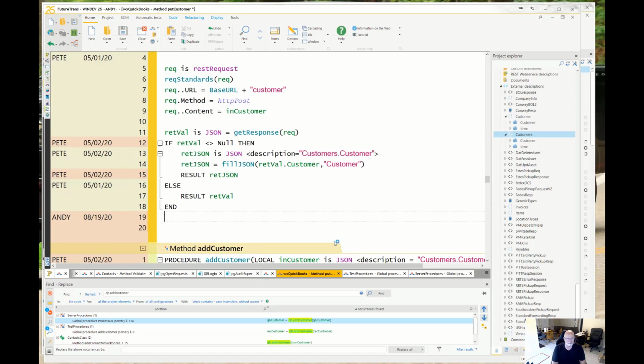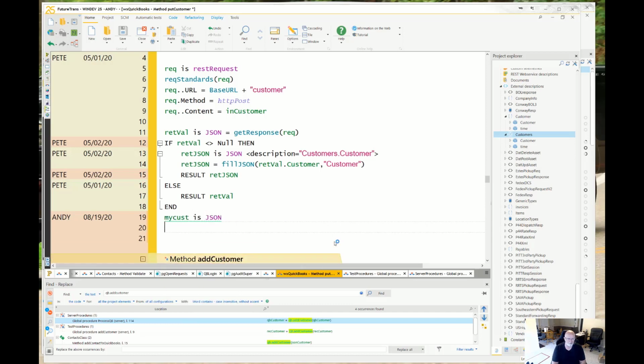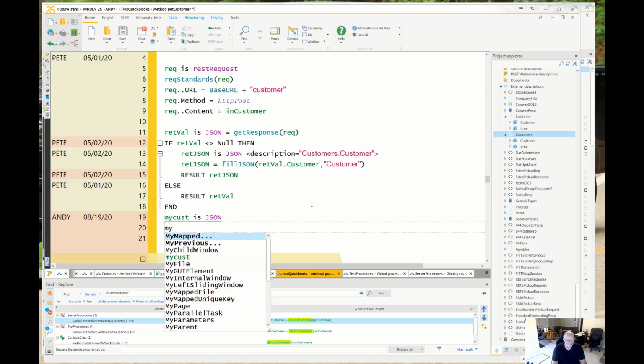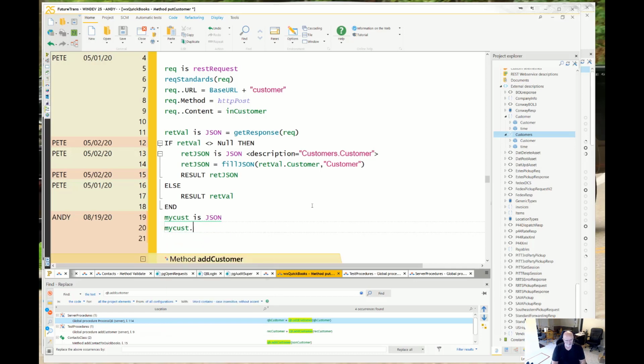And I'm going to do it, let's see, my cust is JSON. All right, now I have the complete JSON record right here in customer. I'm fine with that. But let's say I want to wrap it with a header and a deal that the information's in the middle. Well, I can type that in and say cust data